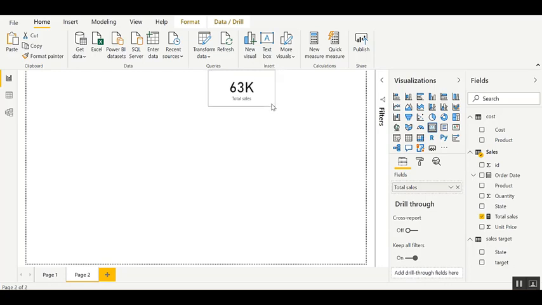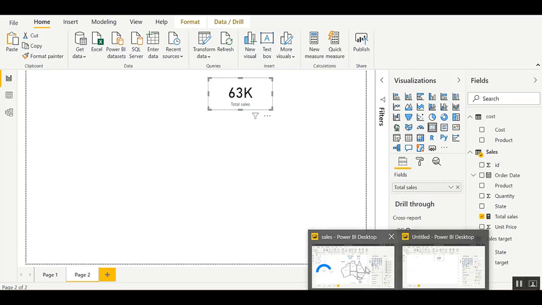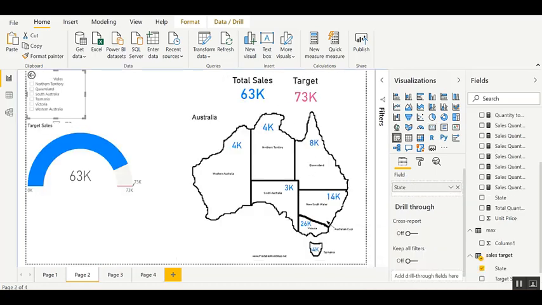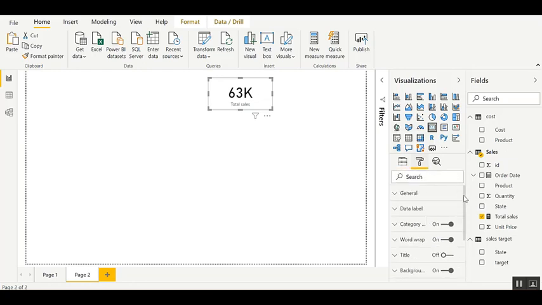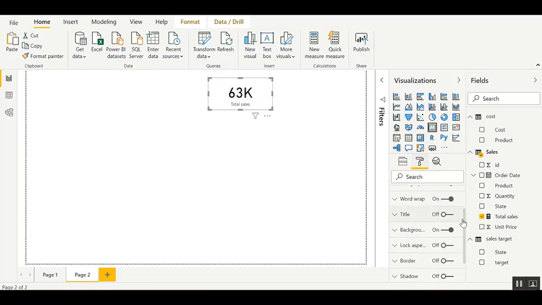Then that's it. Now I have the total sales here. Now there are a few other things that I want to change to make it look like this one. Then let's just see what's here in terms of what are the options available for format. Then you can see that first I want to have a title,